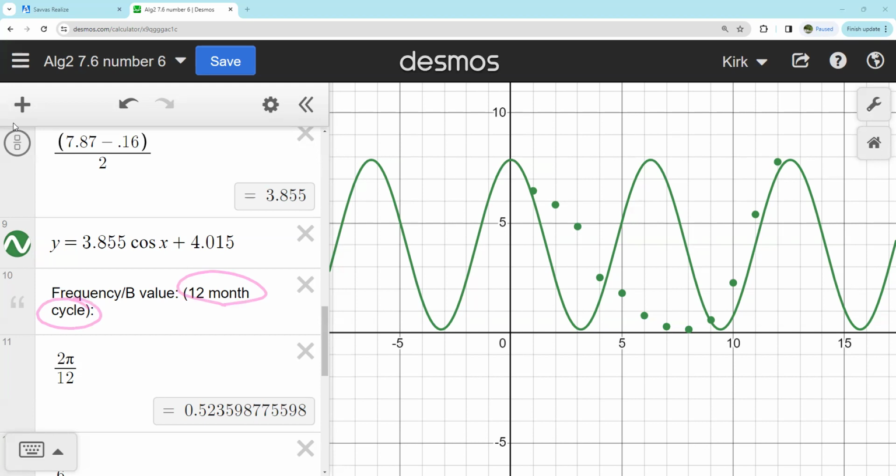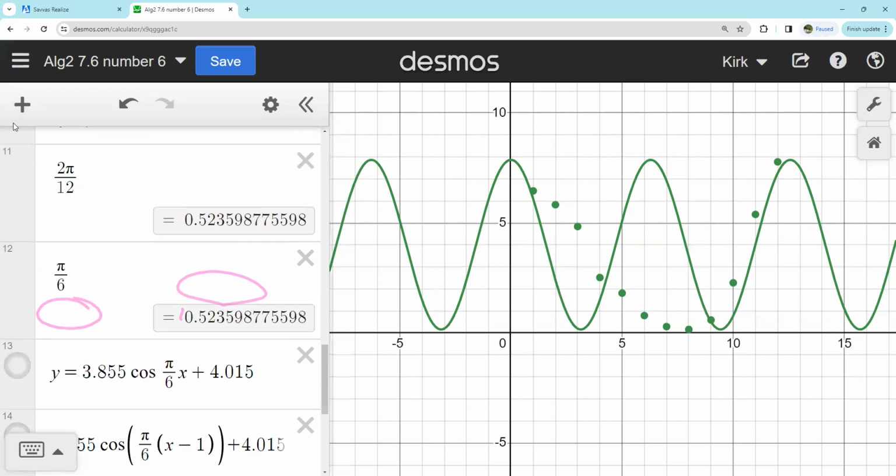So we take our normal period of 2 pi and divide by the 12 months. That means we're going to be completing a cycle, our frequency, of pi over 6. Now if we put that pi over 6 in front of our x value here,